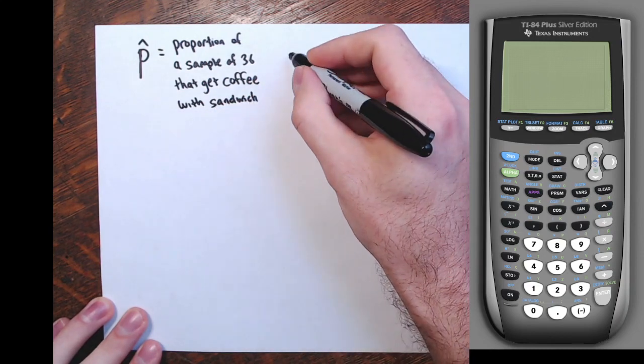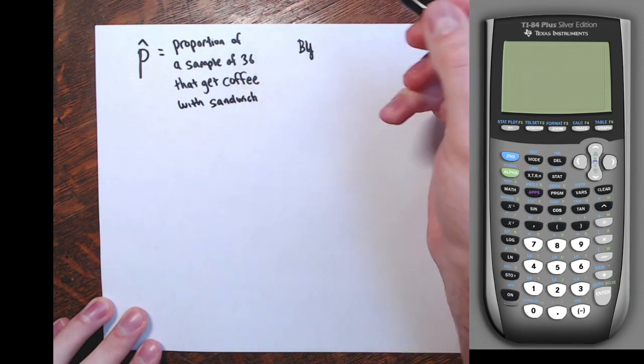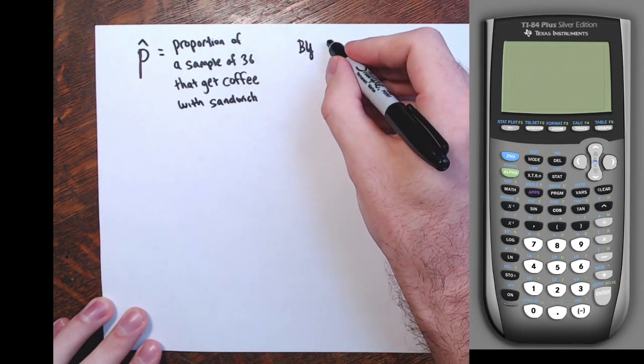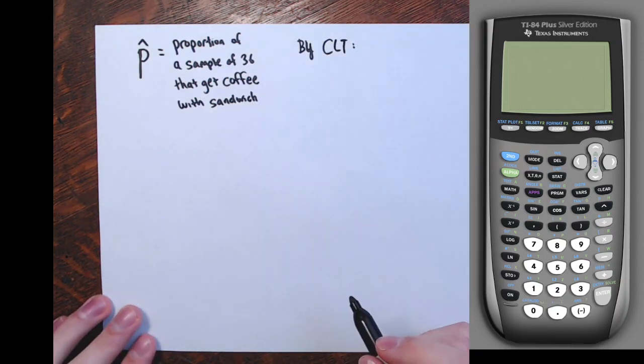Right. And by the central limit theorem, because the sample size is reasonably large, right? Usually it's 30 or more, but by the central limit theorem,